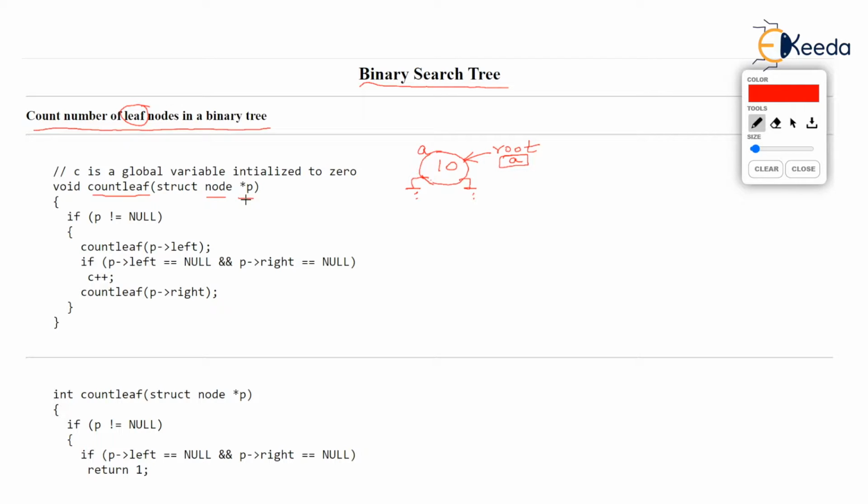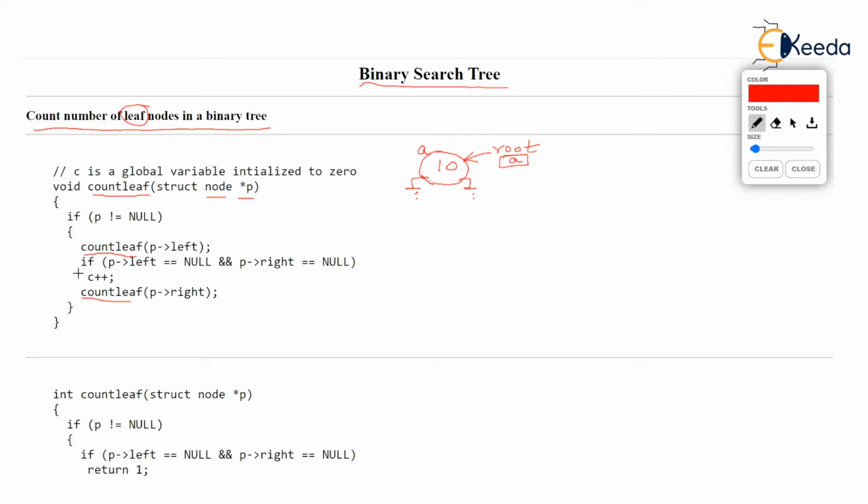Now observe closely the code given inside countLeaf. It is undoubtedly recursive because there are two calls to the countLeaf function within itself. And in between the two calls, just check my words, there is some process. The process is an if statement. So this particular type of recursion will from now onwards be called in-order recursion, because there are two recursive calls and between the two recursive calls, there is a process.